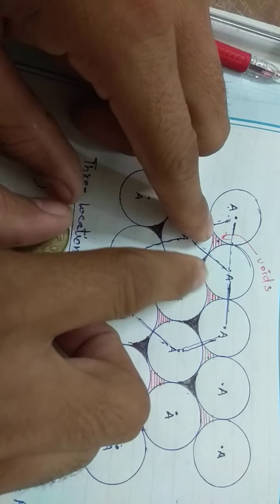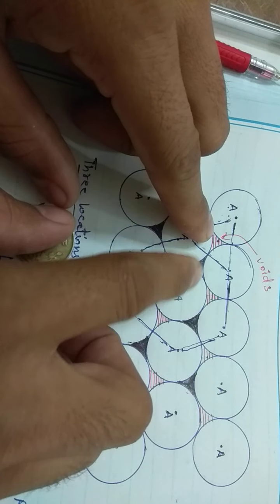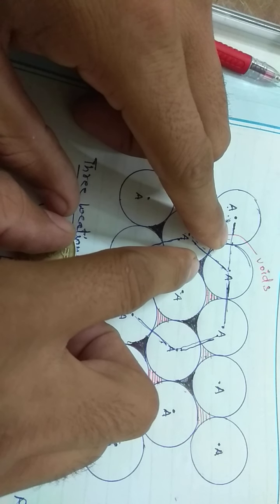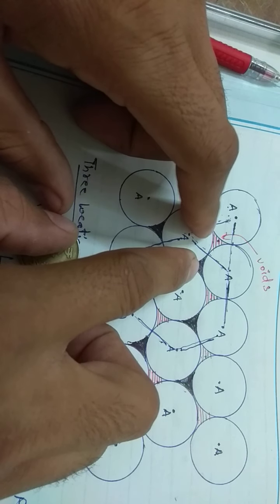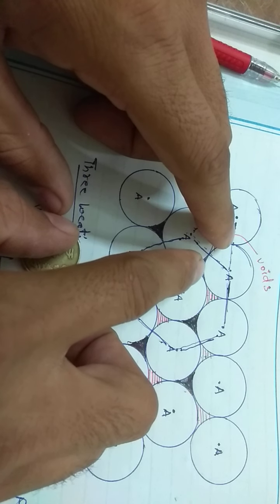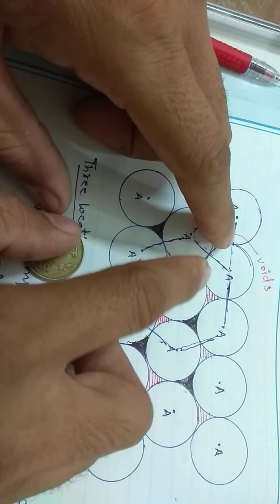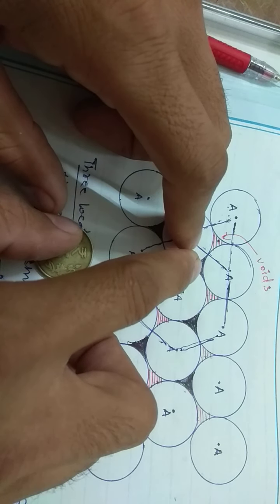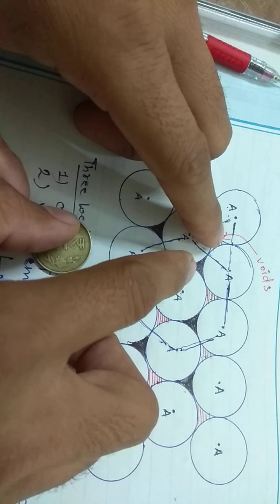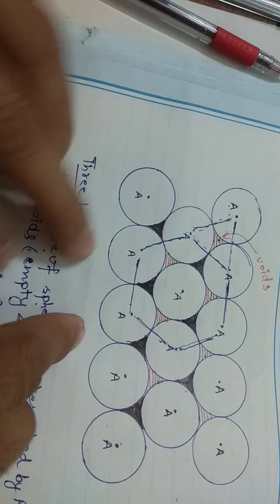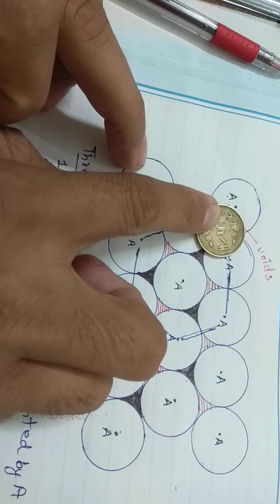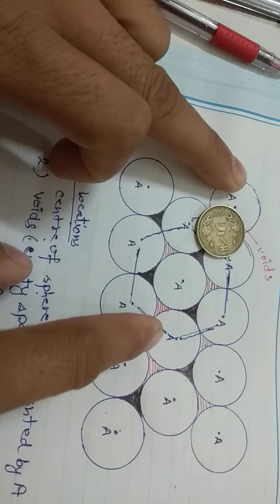Particle, because these are of equal size, so simultaneously particle cannot come at red void and black void. So if in the second layer the red empty spaces are occupied, then black will remain unoccupied. Okay, or if we occupy the black empty spaces, then the red spaces will be unoccupied. Okay class, so in the next diagram I will show you that if we occupy the red one, then you can see the position. It will look like this.